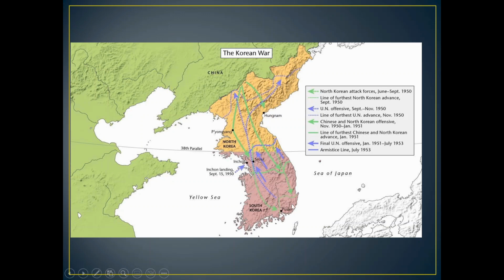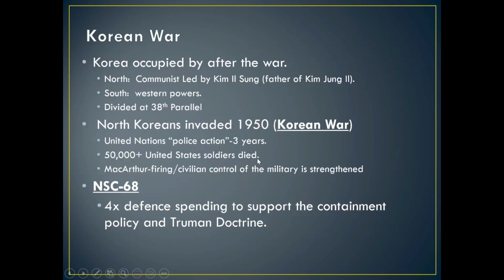North Korea got all the way to South Korea. It looked like they were going to conquer all of it. The United Nations came in. They pushed them all the way back here. China was worried that this was going to lead to them being invaded. So China's going to send in their soldiers, and they're going to push them back. So China will directly get involved, and there'll be kind of like a stoppage right here. And eventually this is where the peace treaty will be signed. We're going to still have two Koreas, and nothing really changes, except the Cold War gets much hotter.